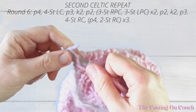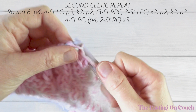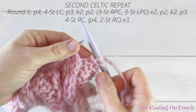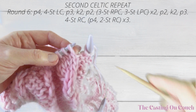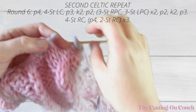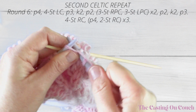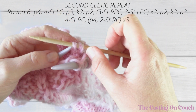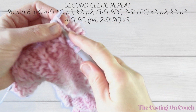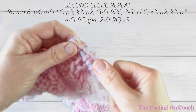And then we want to purl 3 stitches, so that's 1. That will be my second and third purl stitch there. And now we have a 4 stitch right cross. So slip 2 onto the cable needle and hold in the back, and then knit 2 from the left needle. Slip your stitches from your cable needle over and onto the left needle and knit those 2, 1, 2,